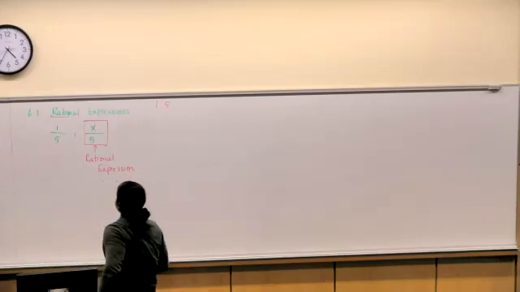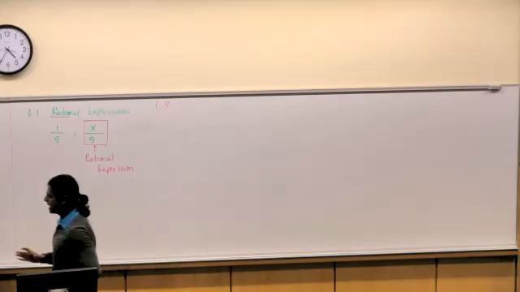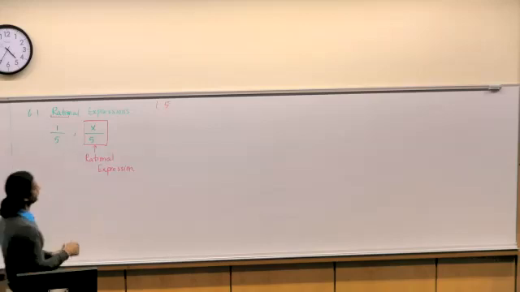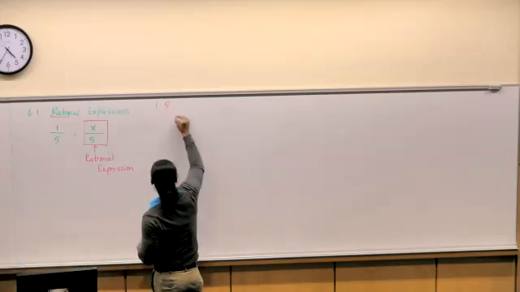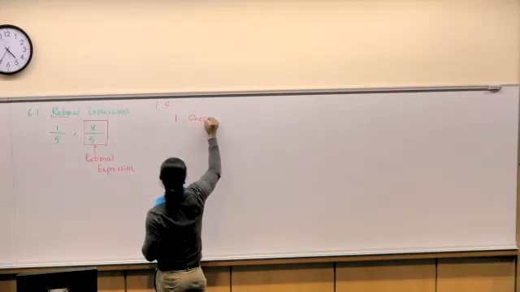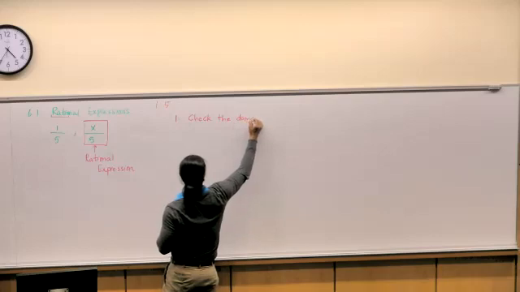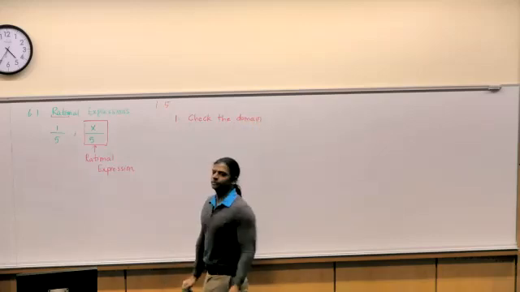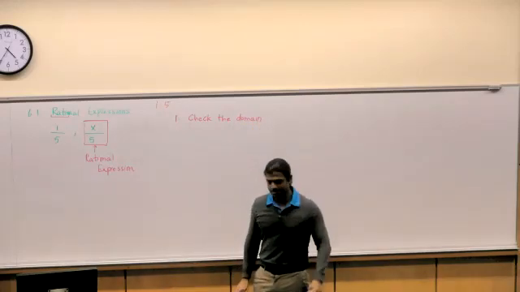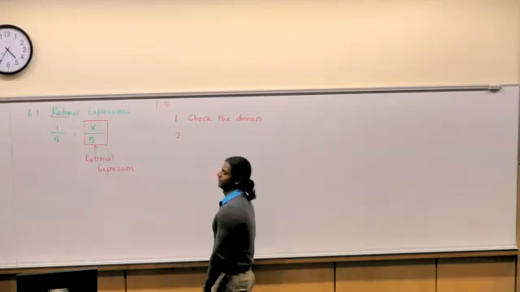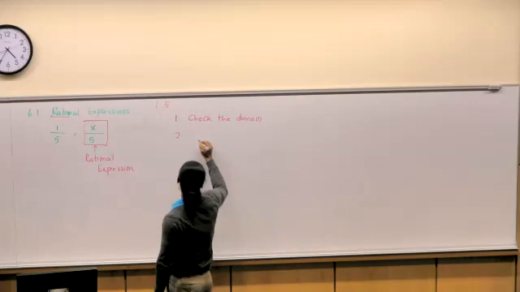So anytime we have a rational expression, the first thing, or two things, that has to come to your mind: one, you have to check the domain. Two,